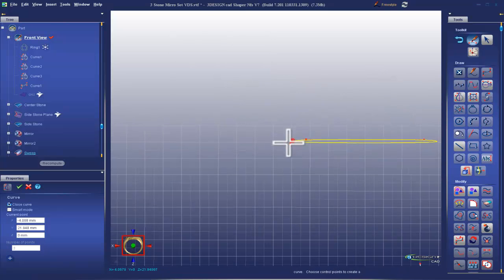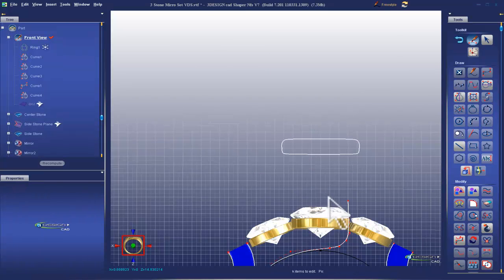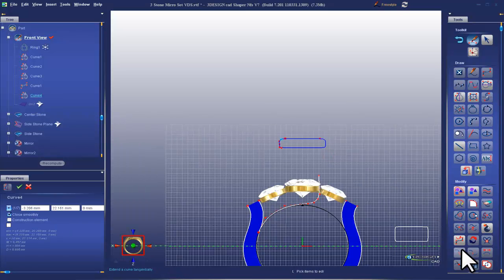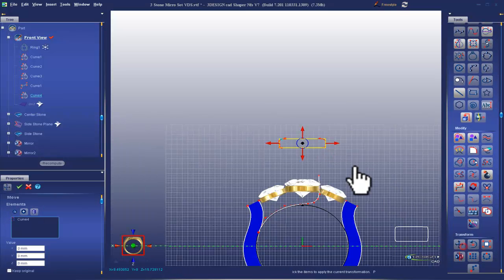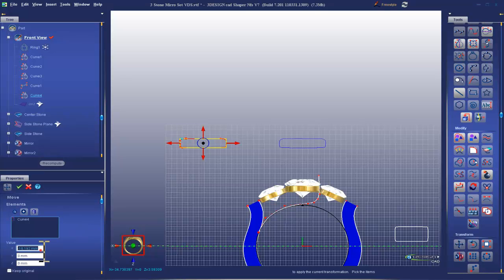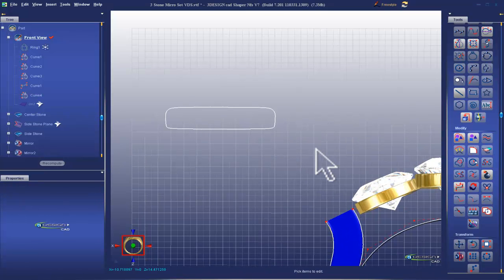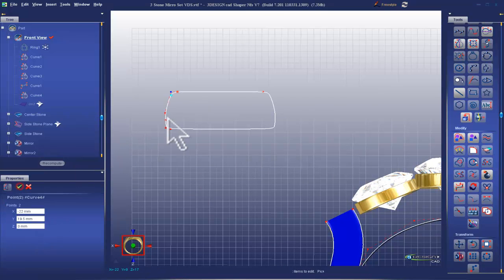I'm going to make the cross section for the prong have 6 points as well. Go 1, 2, 3, 4, 5, 6. Validate. And I'm going to move that off to the other side. Over, we'll go negative 15 and down negative 4. Perfect. I'm going to turn my grid snaps back on